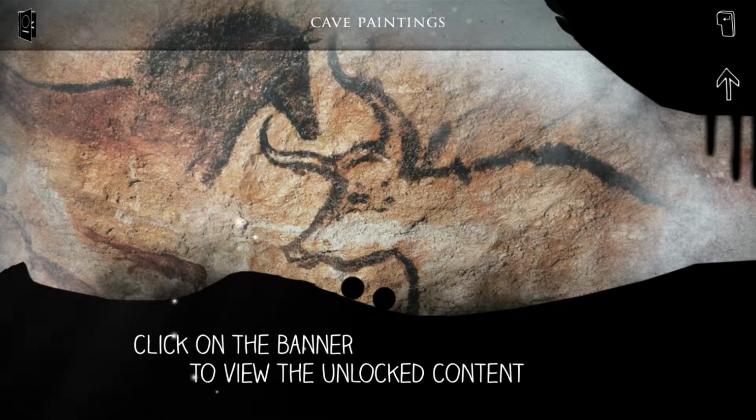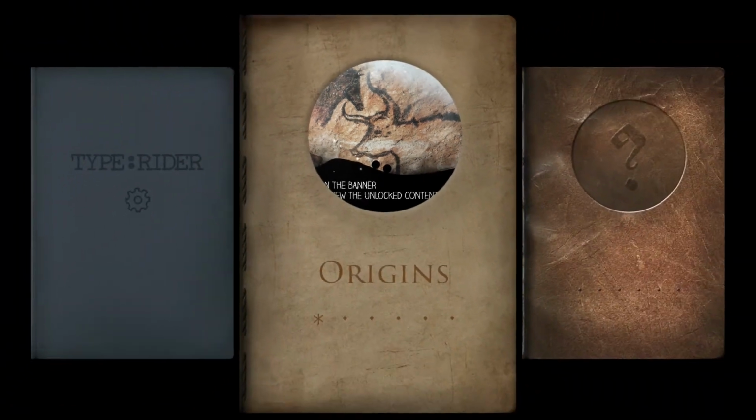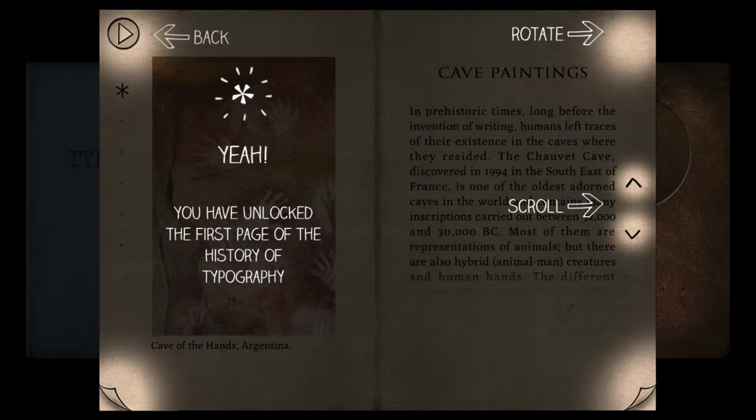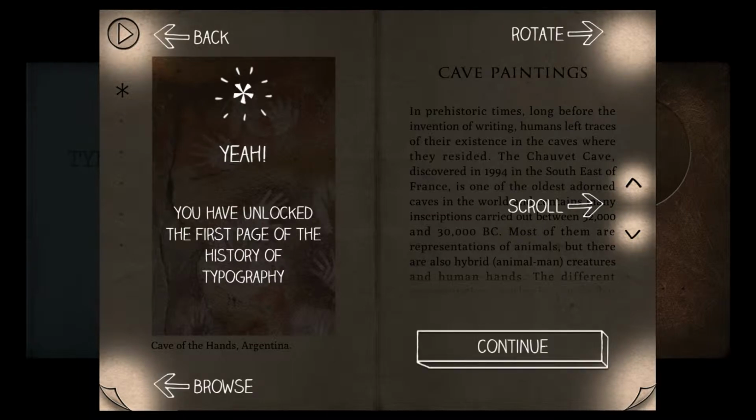Cave paintings. Click on the banner to view unlocked content. Yeah! You have unlocked the first page of the history of typography. Cave paintings: in prehistoric times, long before the invention of writing, humans left traces of their existence in the caves where they resided. The Chauvet Cave, discovered in 1994 in the southeast of France, is one of the oldest adorned